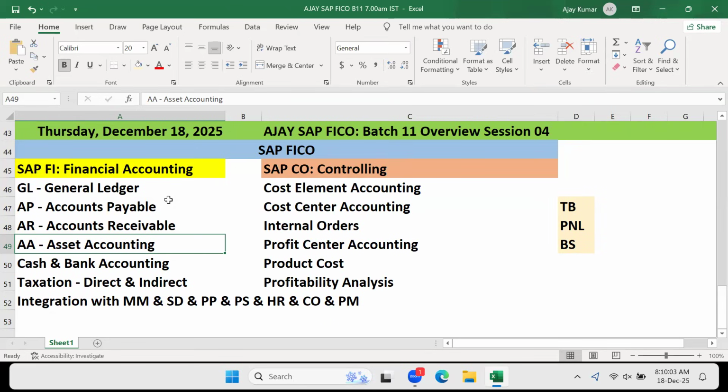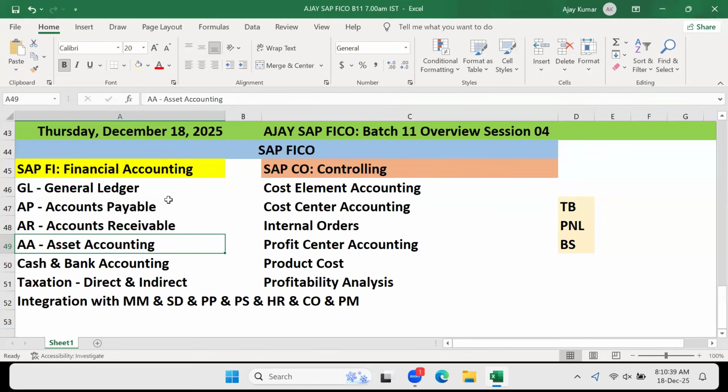Even from an organization point of view, it is the same. They would also like to control their cost, analyze their spending: where the money is spent, how the money is spent, why the money is spent, how much we need to spend, and how much we ended up spending. Is it really required or not? All these things will be controlled using a controlling module. Point number one, cost element, cost center, profit center accounting are mandatory for every accounting document. As a result, these are all holding a tag called accounting.